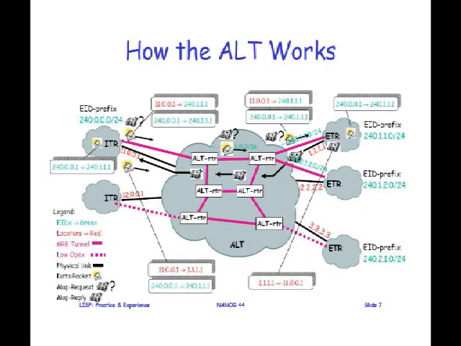When an ITR gets a packet that it doesn't have a mapping for, it sends a map request onto this ALT, which is just an instance of BGP that runs in a separate VRF over GRE tunnels. That routes the map request packet to the ETR that's authoritative for it, and it sends a map reply back. And then all of a sudden, the ITR has the mapping, and it can encapsulate the packet and send it directly. So that's how that works. The picture looks complicated here because I think it crushed the whole animation into one slide. So that was going to be my tutorial on this.